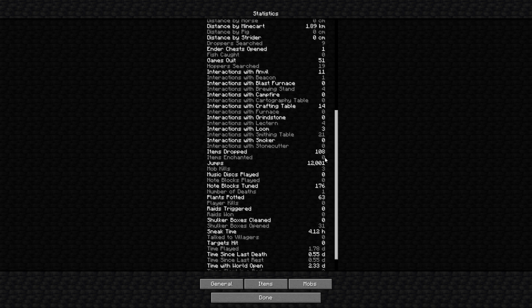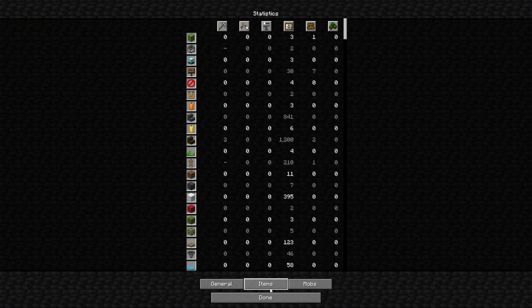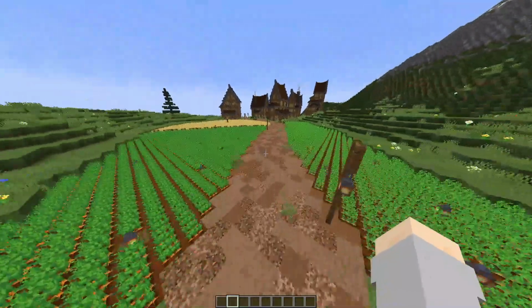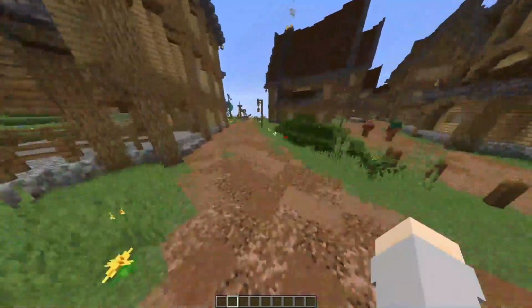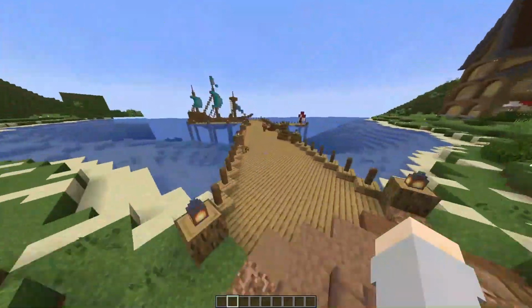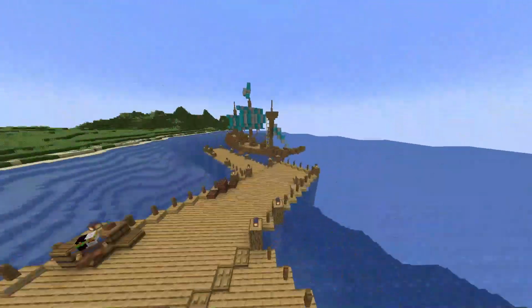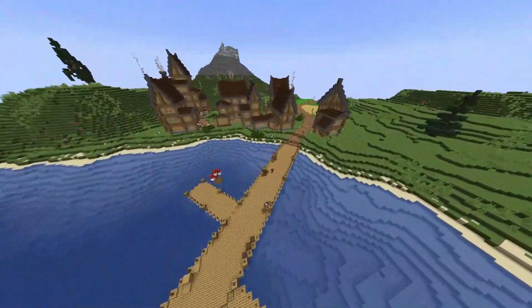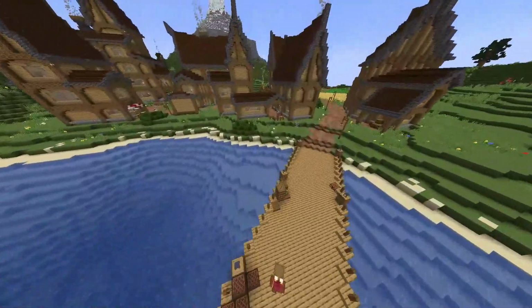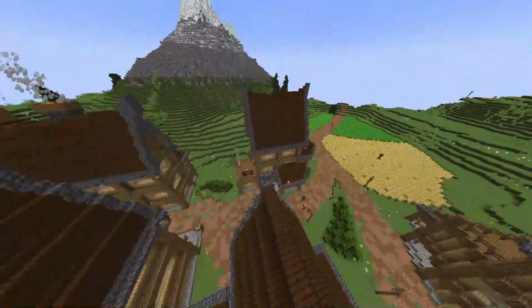I've jumped 12,000 times. That's a surprisingly low statistic. There we go. Items used 3,000 logs. Yep. And that's not counting the ones used in World Painter. Yeah, this project took a bit longer than some of my other ones, but I like it. I'm glad I put the extra effort into this video. This is not the last video for the year, but it's the longest video for the year, so that's something.